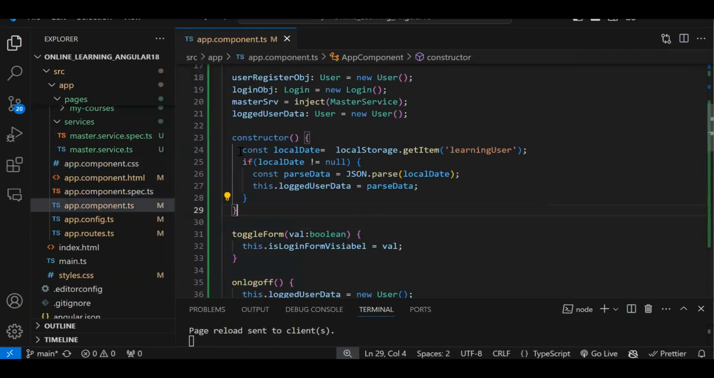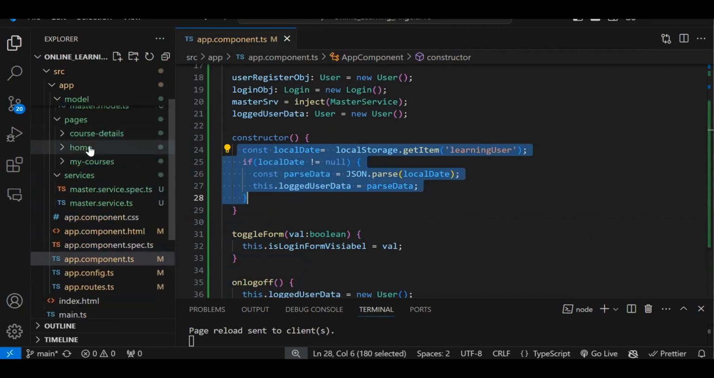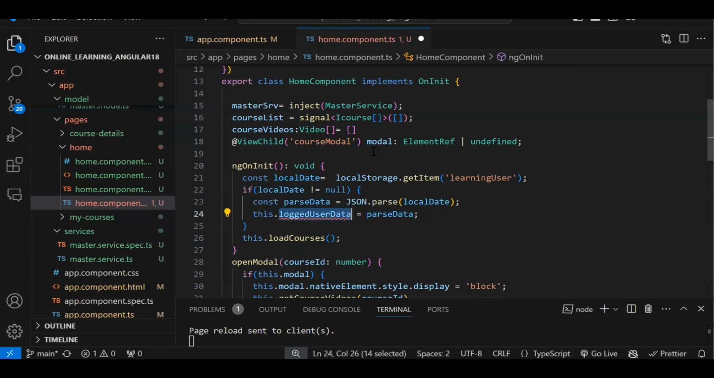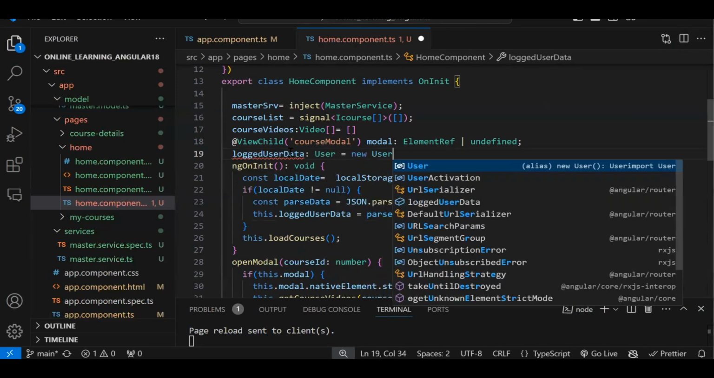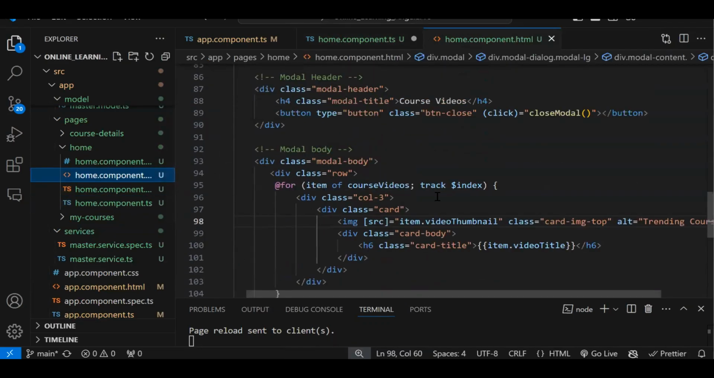Now, whatever we did in the app component on page load, that same thing we need to do in the home component as well. So where is the constructor? We don't have it. Let's do the same thing in ngOnInit. Either we can do that part in the constructor or ngOnInit. Let's create this user, new user, like this. So now if this variable has the ID,